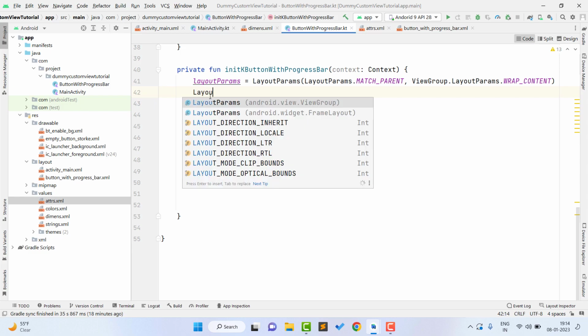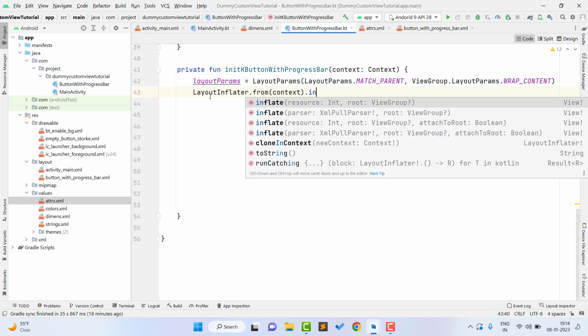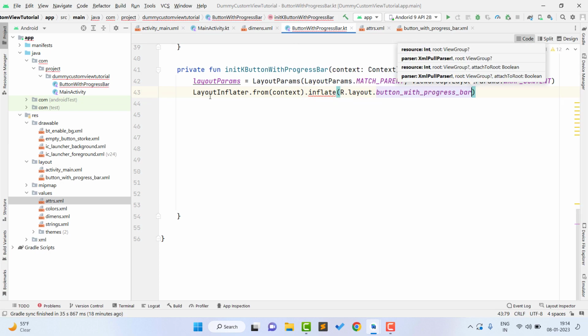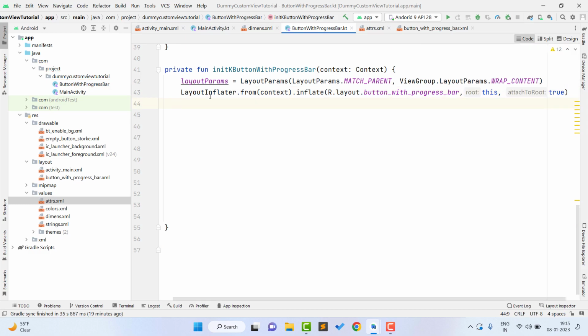Now I need to get the layout inflater as well, LayoutInflater, and you need to pass the context here. Then we need to inflate the layout which we want to use for our custom view. So I want to use this button with progress bar layout, which will contain both things, progress bar and button, so that I can access both things. So now pass root true and all the other things. Now assign the XML IDs to Java IDs, which is a simple thing. So